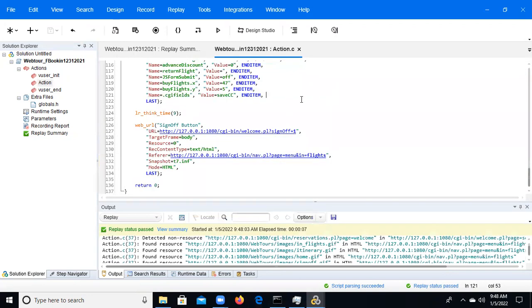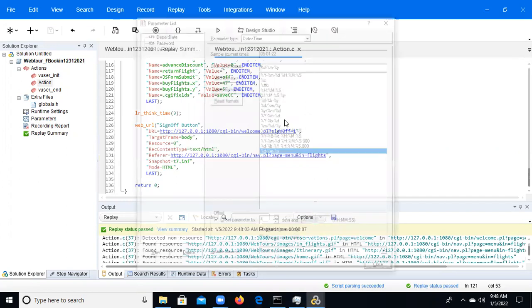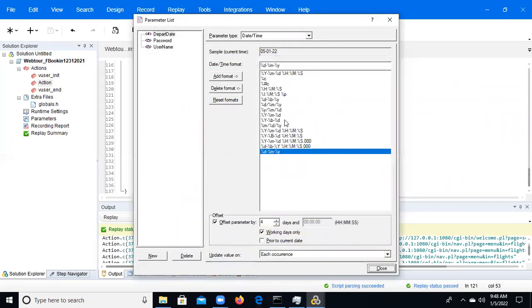Everyone understand, right? What is a future date and what is date and time parameterization? If we want the current date, you can uncheck this and it will come with the current date. If you want a future date, you can select this one and give it here. If you want working days, select working days.